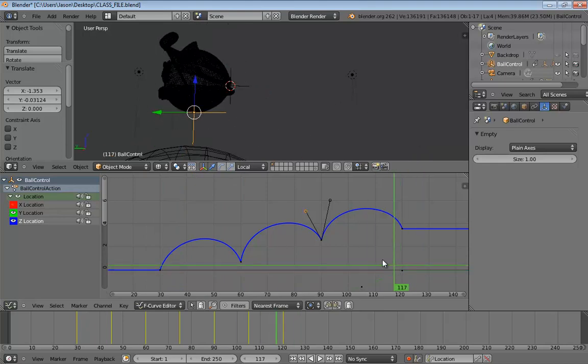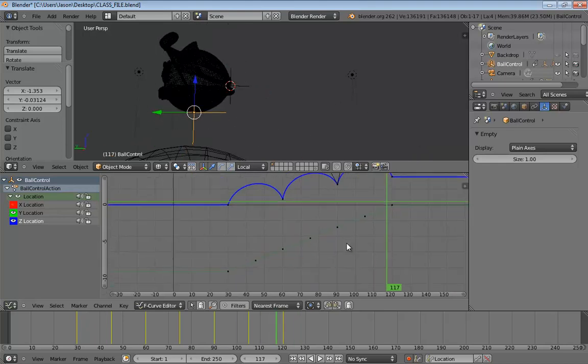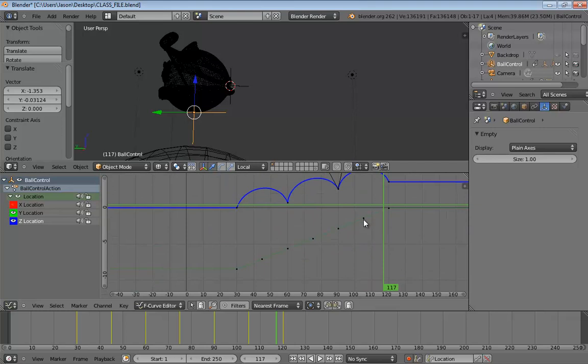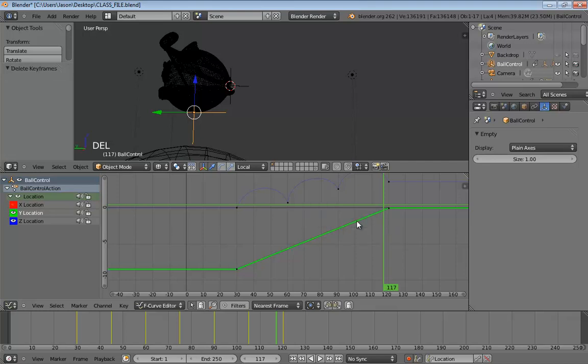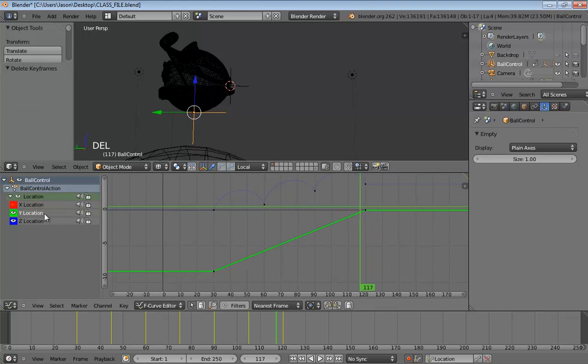Now it's time for us to start adding our secondary animation. Now before you leave here, it's generally not a bad idea to clean out any keyframes that you create and don't need along the way. So we can take all of these keys for translate Y. So in between the top and the bottom, you don't want to delete the first one or the last one. Obviously, those are giving you your motion there, but these little middle ones here aren't adding anything. You'd have the same line whether those were there or not. So go ahead and just nuke those out. It'll just keep things nice and neat.